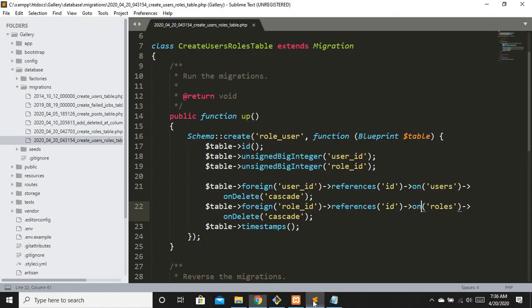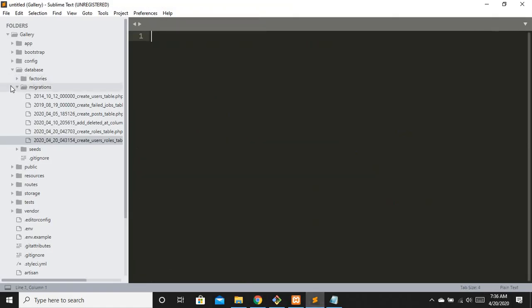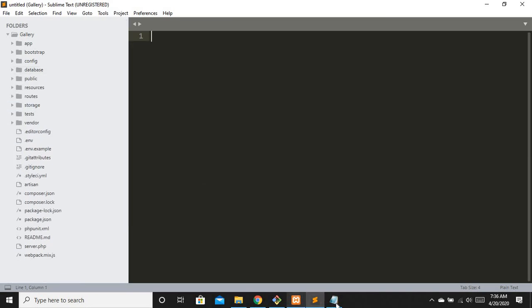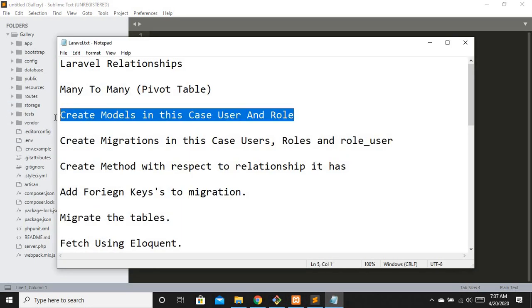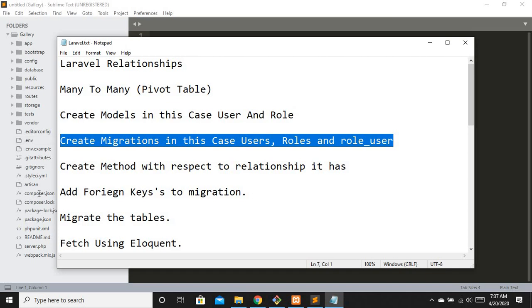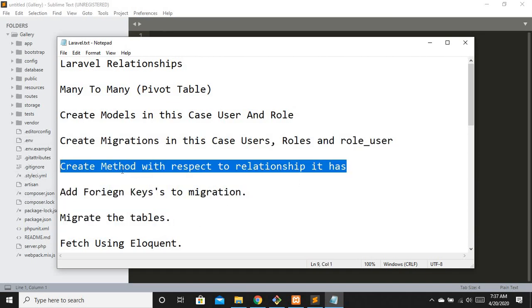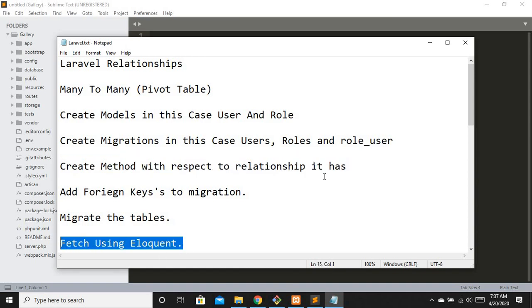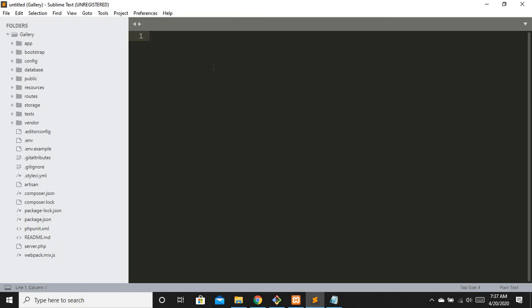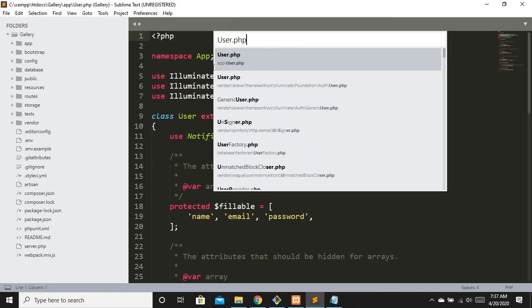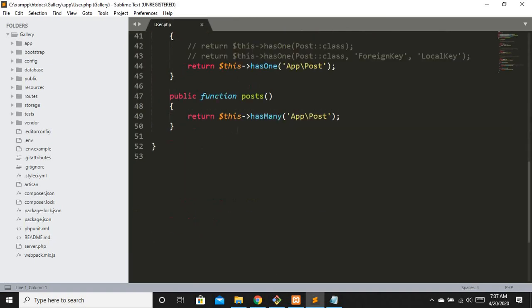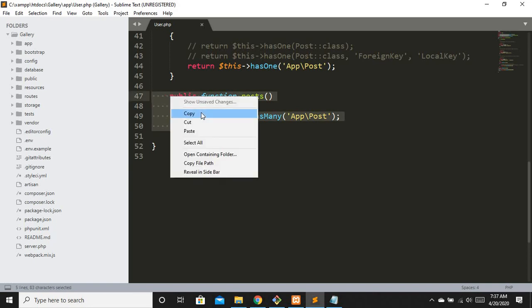So let's see how we can get our user data. But first, we have completed this step, this one, this one, and this one and this one. So these steps are remaining. I will move to User.php quickly and copy to save some time.